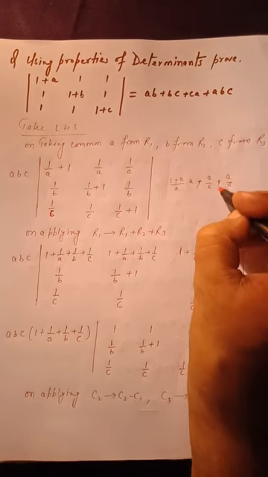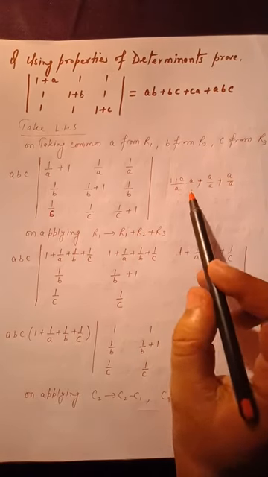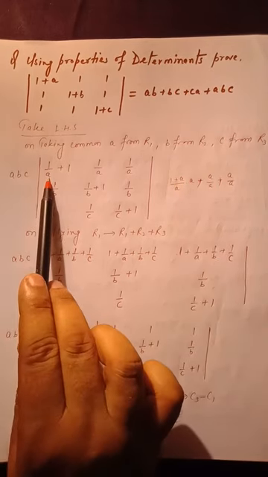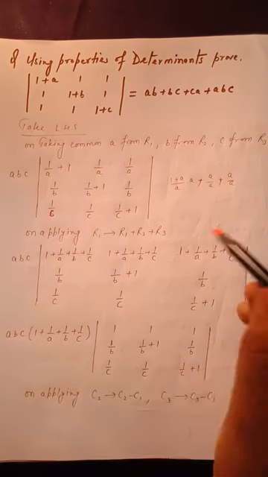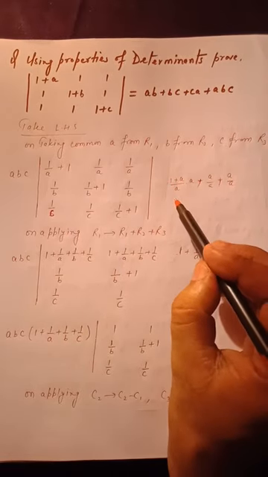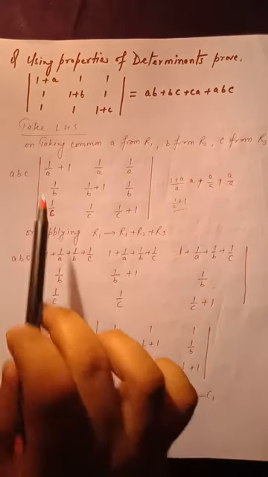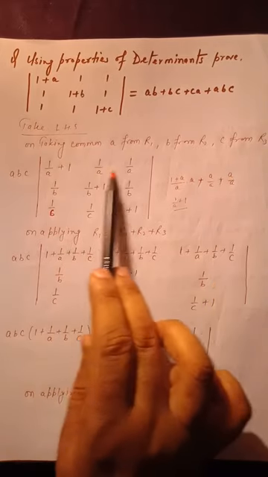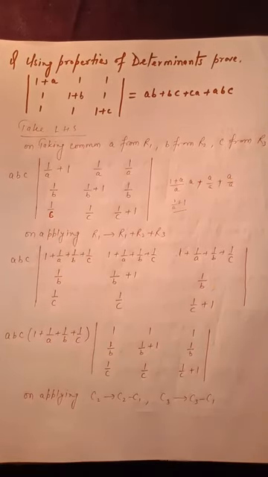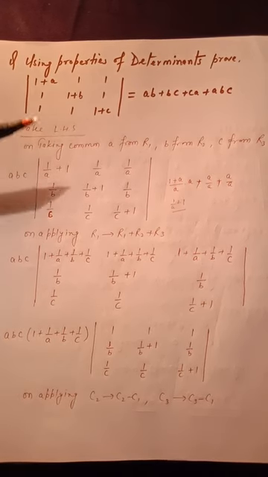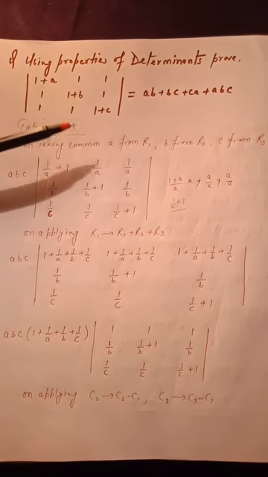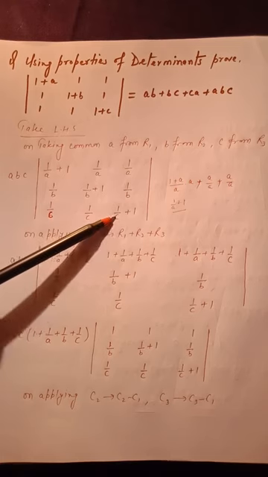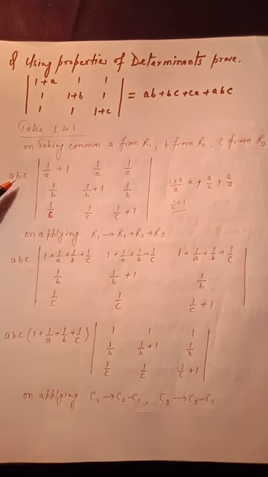When we are taking A common, this A will be out, so this will become 1 plus A by A. So 1 plus A by A will become again 1 by A plus 1, and this is 1 by A, because 1 A is out and 1 A is out, so I am writing this. Similarly, when we are taking B common from R2, it will become 1 by B, 1 by B plus 1, finally 1 by B. The case is similar for C: 1 by C, 1 by C, 1 by C plus 1. So A, B, C is taken out.